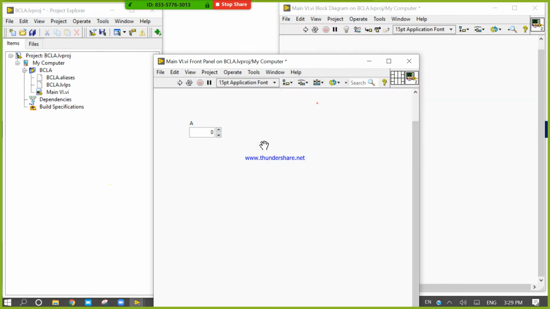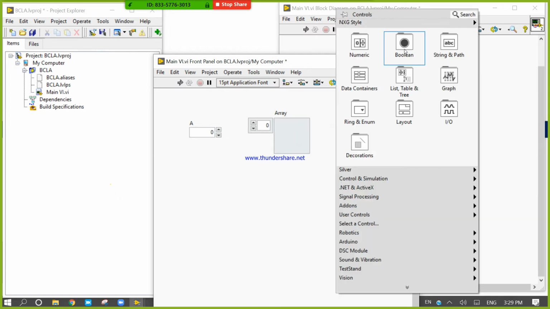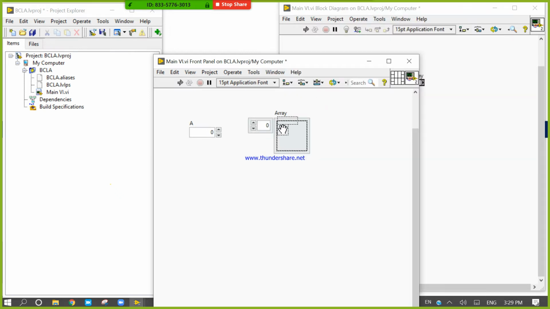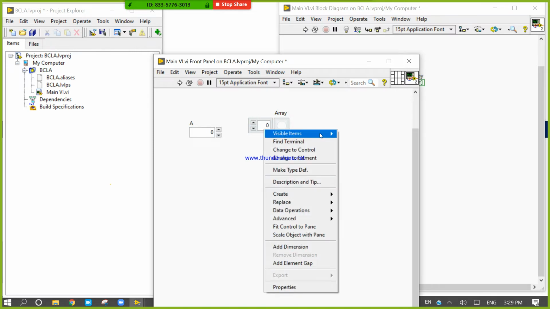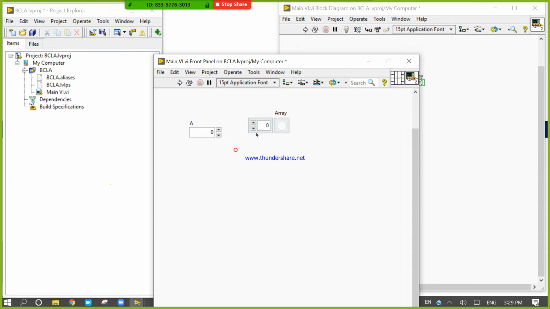Come to the array, take boolean, click here, right click here, click.